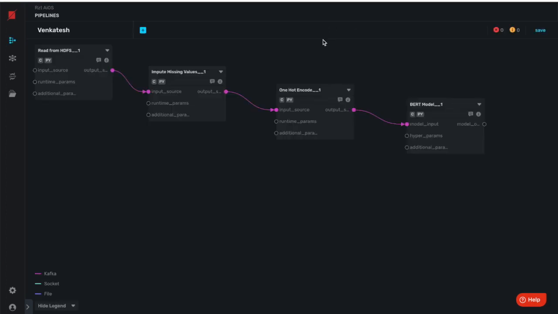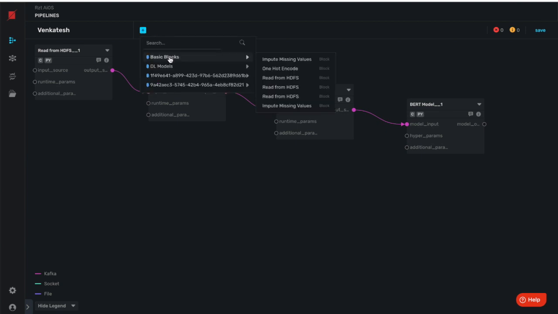Once you have integrated your data lakes to the RZT OS, the next step is building a data wrangling pipeline or an end-to-end AI pipeline. That's where the visual pipeline builder comes into play. You can read the data from the source, you can apply ETL transformations, you can apply ML or Python based transformations and connect the outputs to the model.